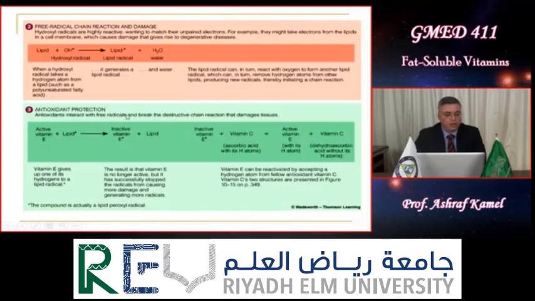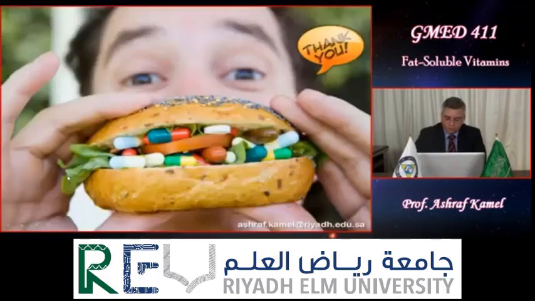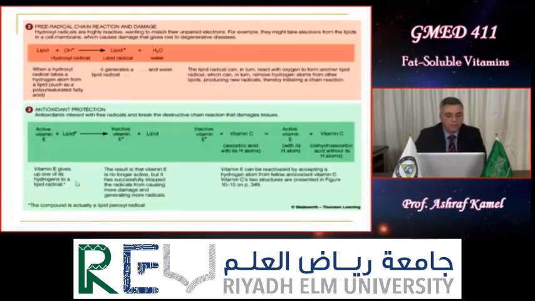Antioxidant protection. Antioxidants interact with the free radicals and break the destructive chain reaction that damages the tissues. Vitamin E gives up one of its hydrogens to the lipid radical, and the result is that vitamin E is no longer active, but it has successfully stopped the free radical damage of the tissues. Vitamin E can be reactivated again by accepting a hydrogen atom from a fellow antioxidant, vitamin C,